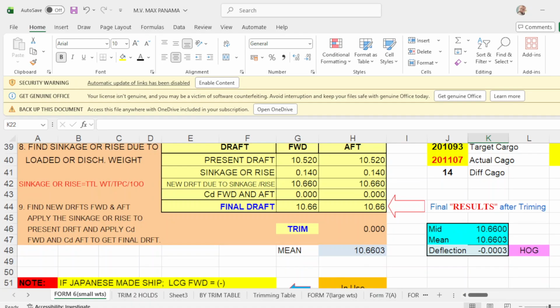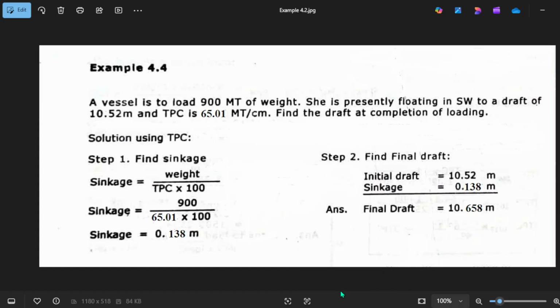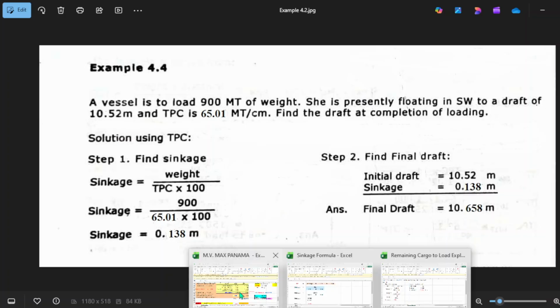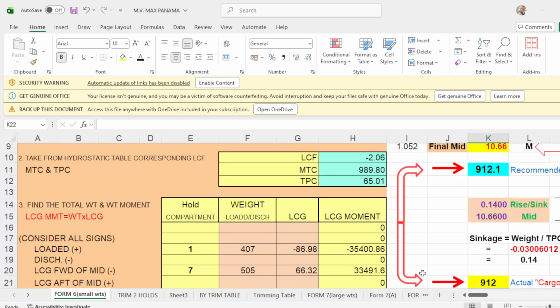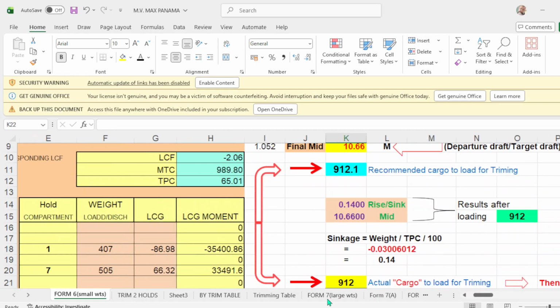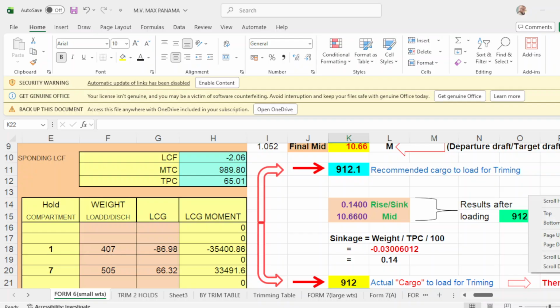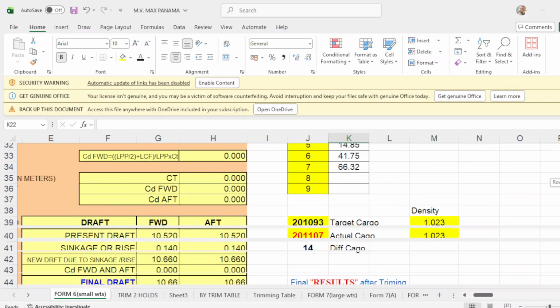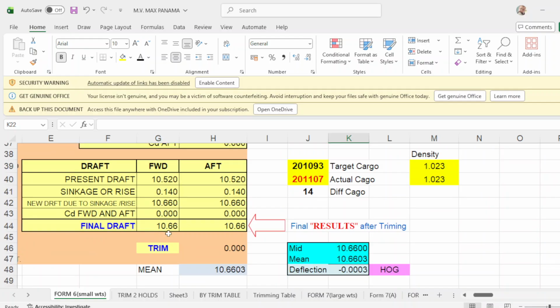The ship's recommended load is 900, but I would rather load 912 because I could still get the drop of 1066 forward, 1066 up, 0 trim, and 1066 mean.